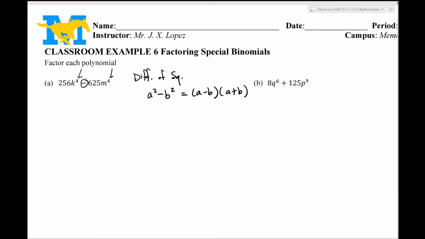So then I have to think of these in terms of squares of something. So 256 k to the fourth is the square of some other number. What is 256 the square of? I don't remember. Is that 16 times 16? Let me just double check. That's kind of embarrassing. I gotta check. Yeah, 256. So 16 squared. So that's going to be the square of 16k squared. Because when you square a square, you multiply 2 and 2, you get 4. Minus